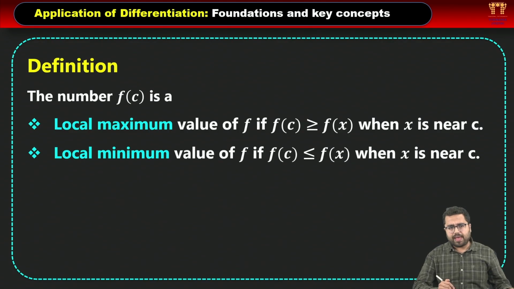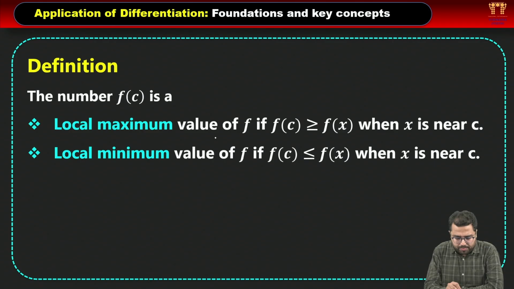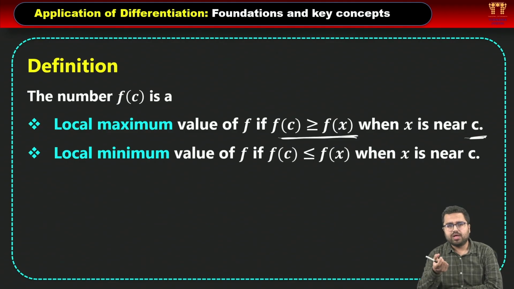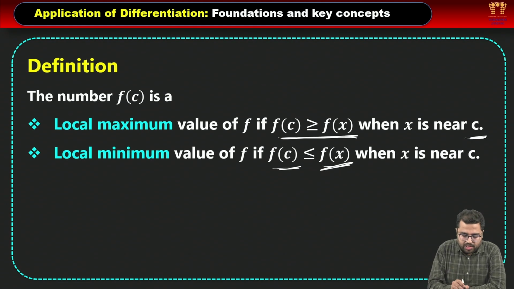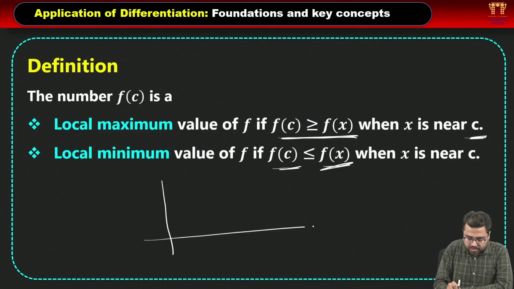Now how local maximum and local minimum are different, that we will see. Local maximum: f(c) is a local maximum value if f(c) is greater than or equal to f(x) when x is near c. It is defined in some neighborhood of c: in some smaller neighborhood of c, f(c) is greater than or equal to f(x) for all x belonging to that neighborhood. And f(c) is a local minimum value if f(c) is less than or equal to f(x) when x is near c. Graphically, if you see,